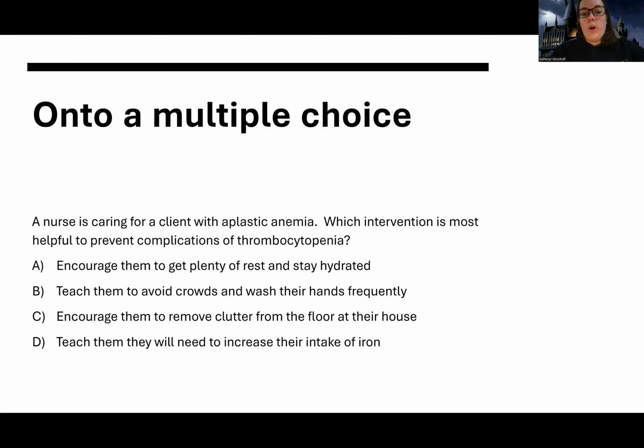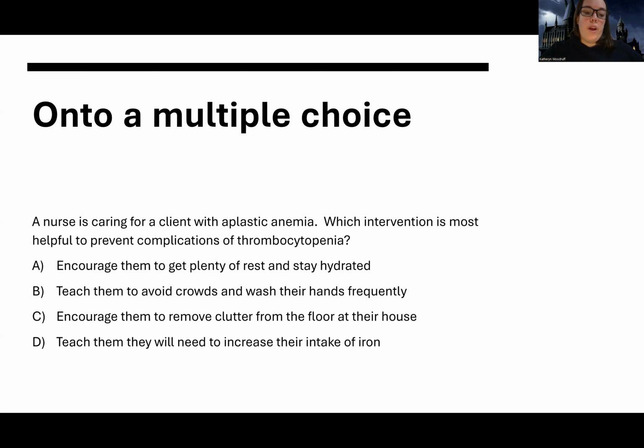A says encourage them to get plenty of rest and stay hydrated. For this one, that's a good general for most people. Maybe getting good rest and drinking fluids might be able to help a little bit with general anemia. But that's not very specific. I don't see how getting rest and staying hydrated is going to stop you from bleeding, because that's the big thing we're looking at here: specifically what can we do to stop you from having a complication related to